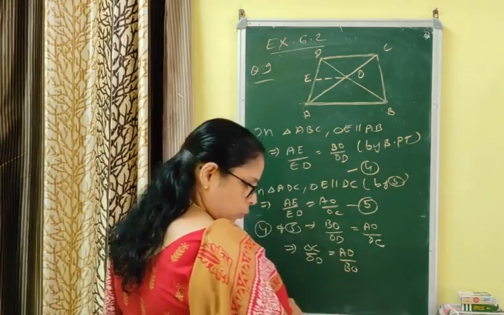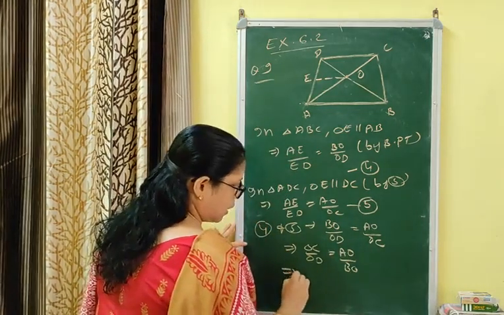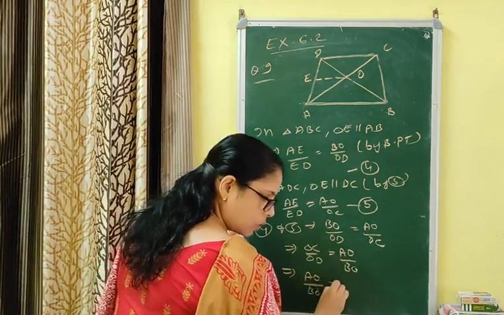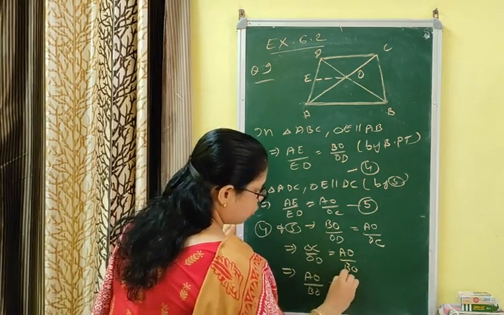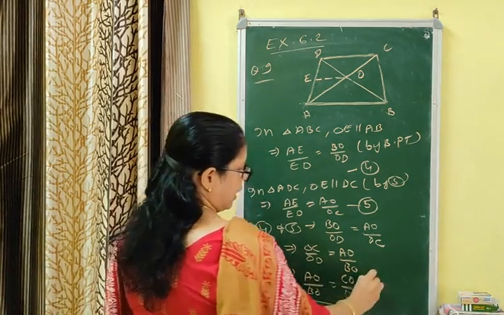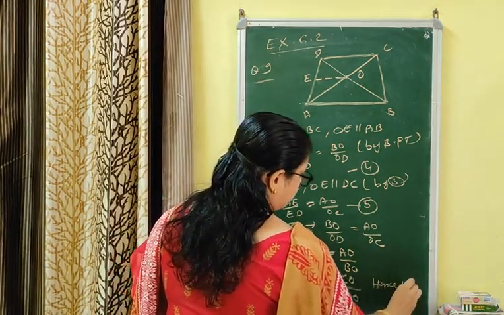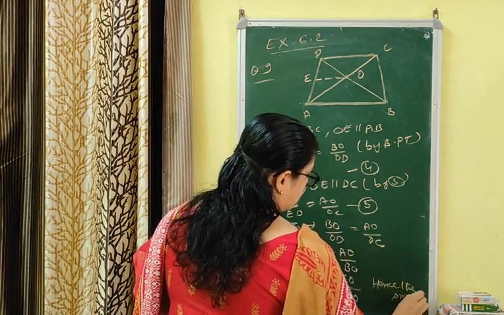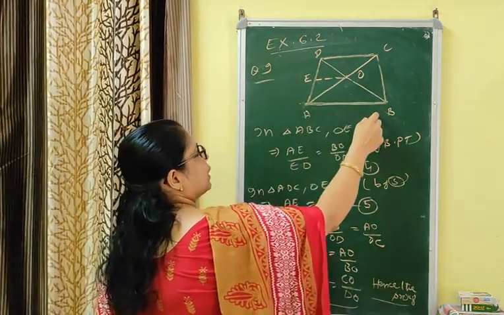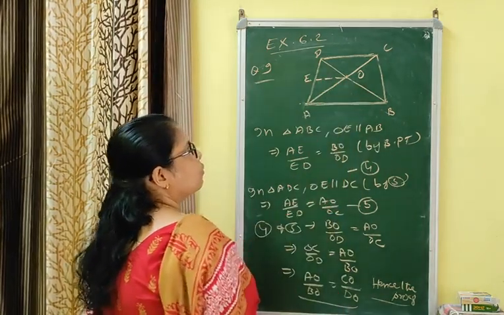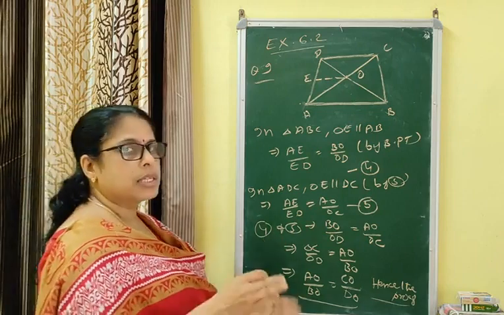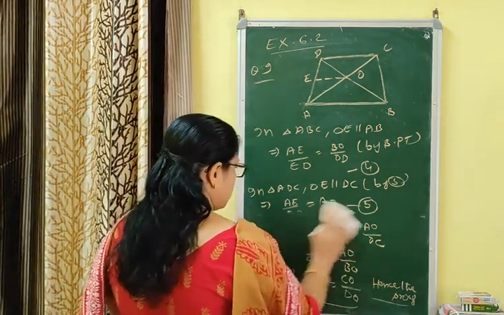Now आपको जो वो दे रखा है उसी फॉर्मेट में लिखना है. That means first you have to write AO by BO is equal to CO by OD. Hence the proof. This question is very important. So what we have done? First of all, we have drawn a line parallel to this one, applied BPT in ABD and applied BPT in ADC. We got two equations with LHS equal. We compared RHS and we have just rearranged as per the required form.